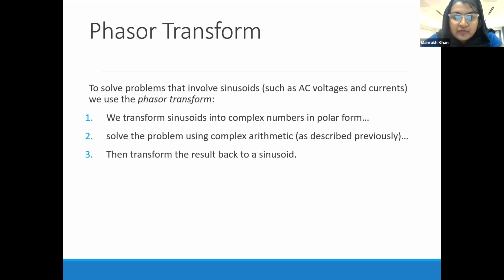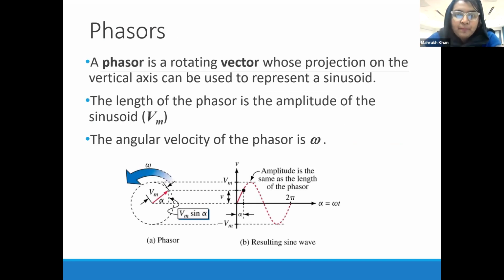Okay, so we transform sinusoids into complex numbers in polar form, and then solve the problem using complex arithmetic, then transform the result back to sinusoids. Okay, to solve a problem that involves sinusoids, we use the phasor transform. What it means, we will see that too. Okay, so